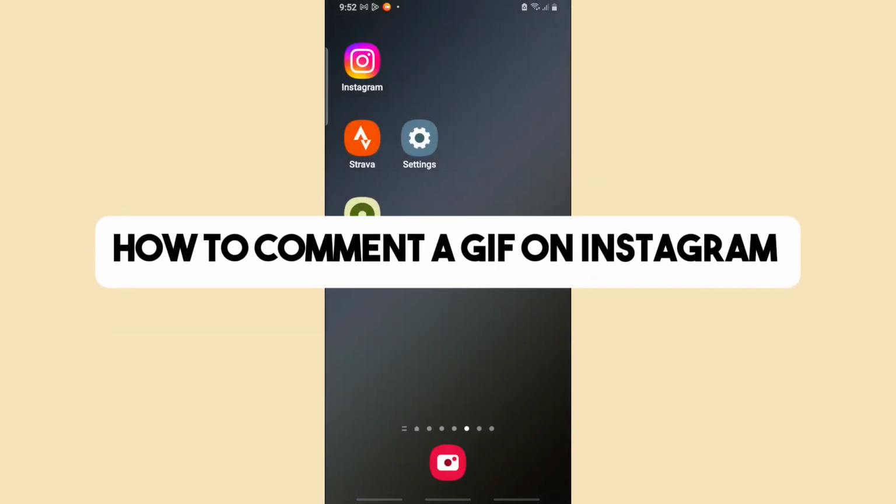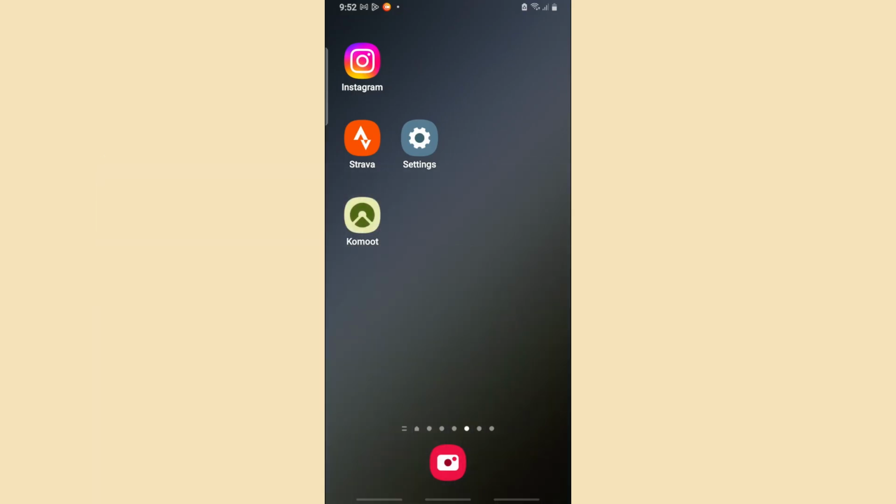Hey guys, welcome back to Delve Stack, and today I will be showing you how to comment a GIF on Instagram. So to do this process, first thing is you can just simply go ahead and open up the Instagram